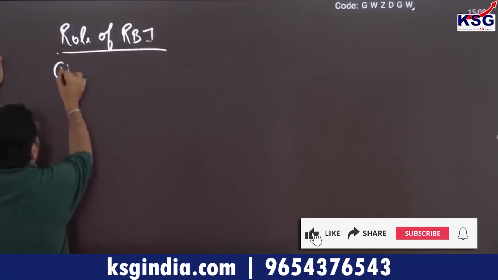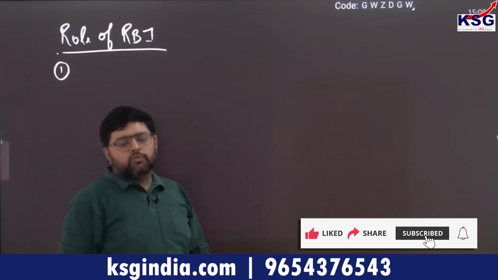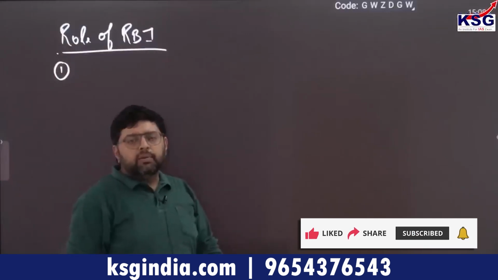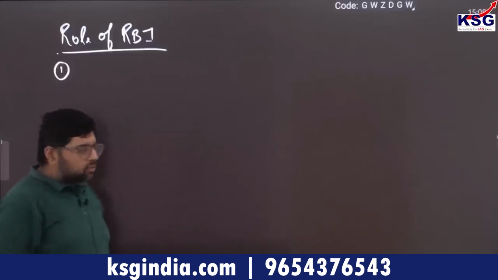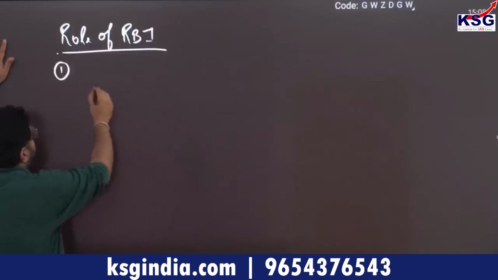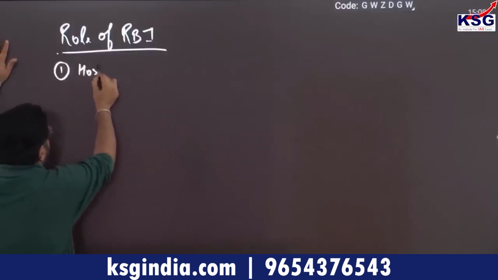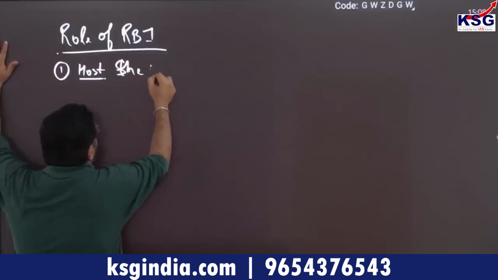Role of RBI. As I told you, the first role of RBI is to implement whatever rates are decided by the repo rate, that is with the banks. But before that, whenever an MPC meeting is conducted, it is the responsibility of the RBI to host the meeting of